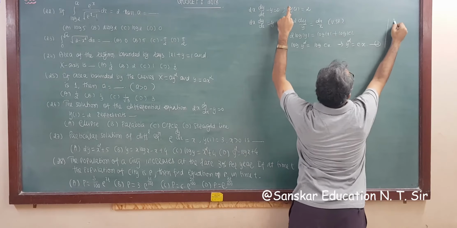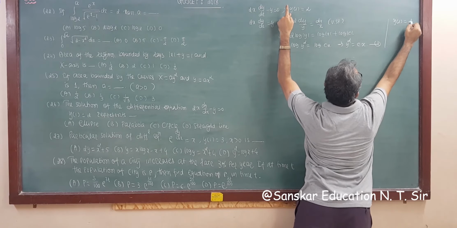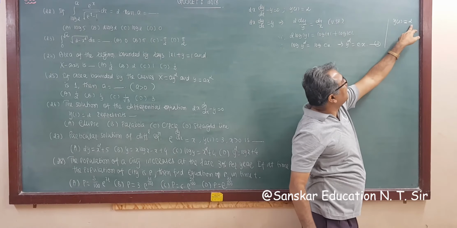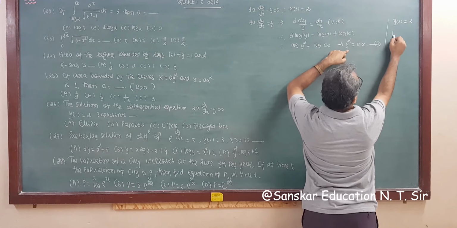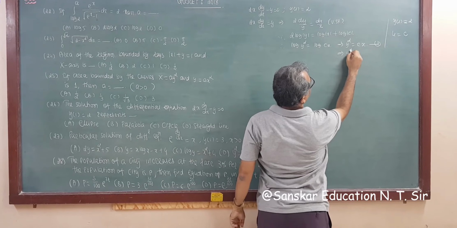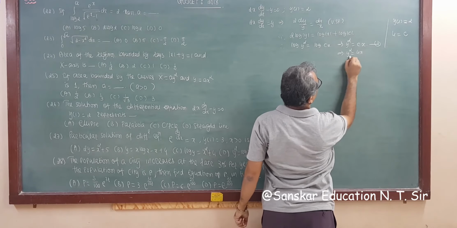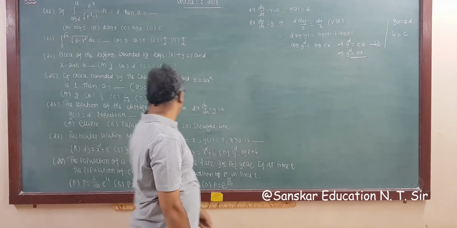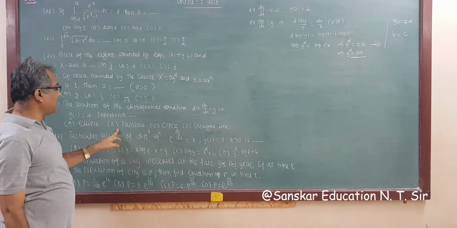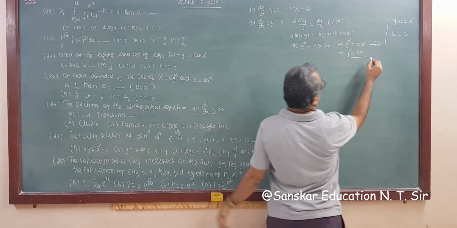Now y1 is equal to 2, right? So if we take x is equal to 1, then y is equal to 2. That is 4 is equal to c. So substituting c here, we get y square is equal to 4x. So this is a parabola, and that means this equation represents a parabola. That is option B is your correct answer.